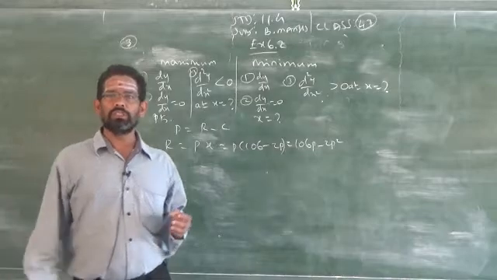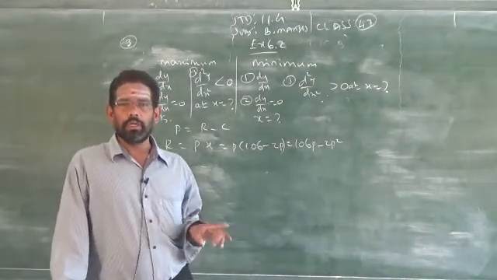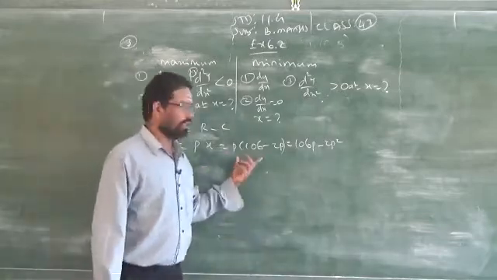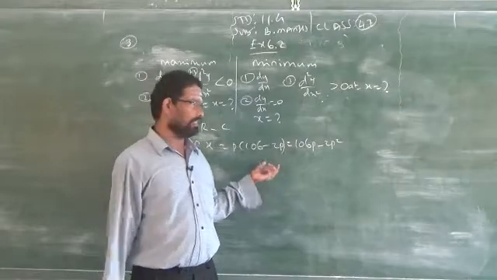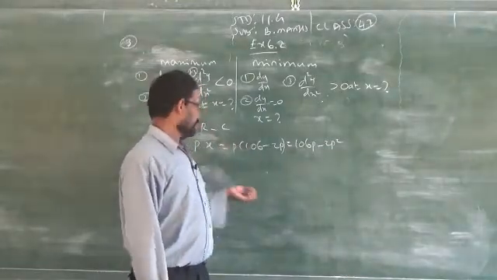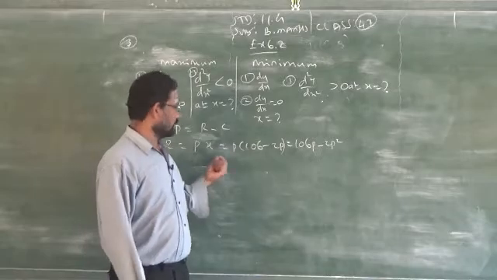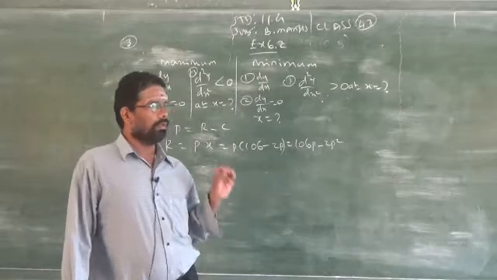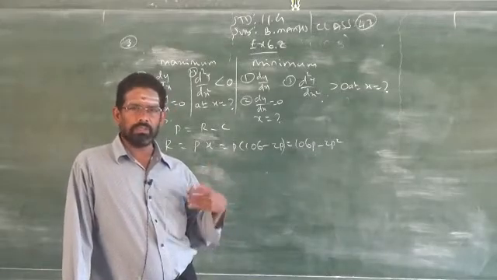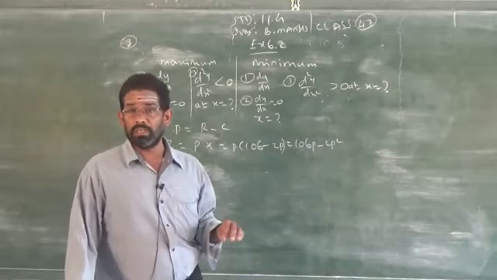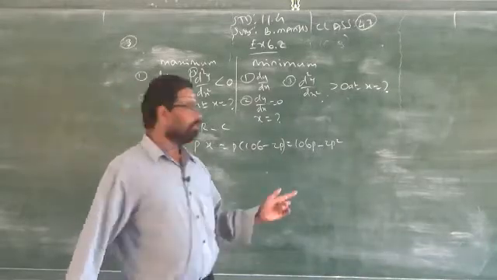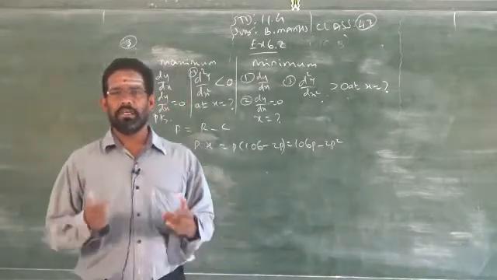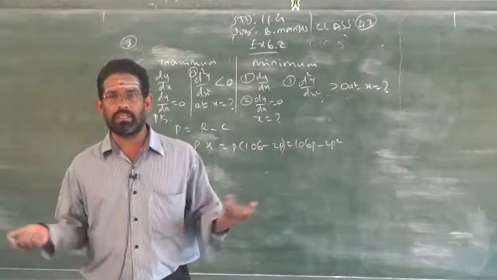But your revenue function should not be in terms of price. Your revenue depends only upon the number of units. Generally it is correct, because the value of X is given, sir, and I am replacing X by the given value. So why are you saying this is wrong? Because revenue does not depend upon the price. Revenue depends upon the number of units sold. If you write the revenue in terms of price, that is meaningless. Mathematically it is correct, but according to the problem it is not correct.